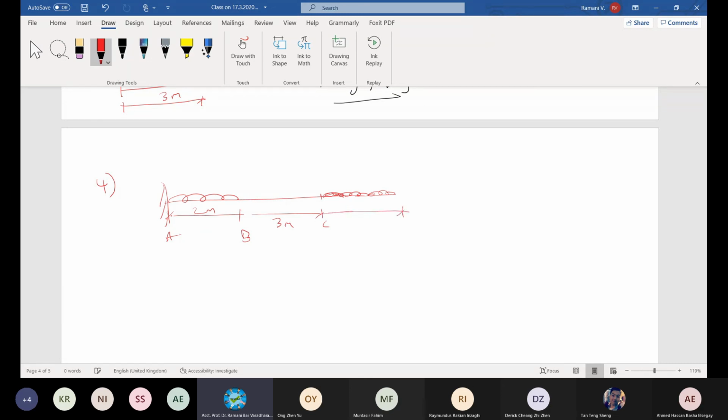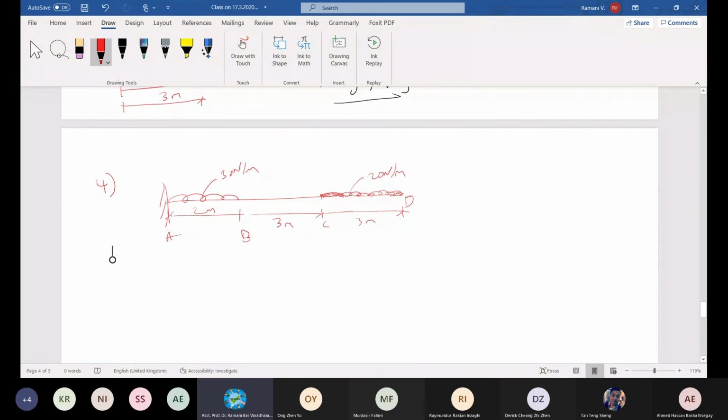Can you all solve this question? Don't worry, you make an attempt, you make a mistake also fine. I will do it for you, but correct yourself today. This is D. This is the point D. Start doing it. All of you draw first. Draw. This is your D, and this is 20 Newton per meter. This is 30 Newton per meter, and the blank inside. Just go from D to A, solve one by one, apply your common sense.